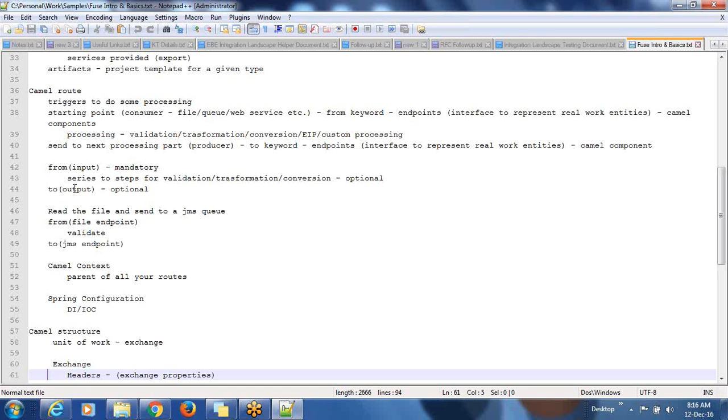But with Camel, we don't have to write those interfaces to connect to the external interface. Camel provides some ready-made components. Using those components, I can connect to those real-world entities. If I need to connect to a file, Camel gives me a file component. If I need to connect to a web service, Camel gives me CXF endpoints for SOAP. Camel gives me RESTful endpoints for RESTful services. If I need to connect to a message broker, then Camel gives me the JMS component through which I can connect